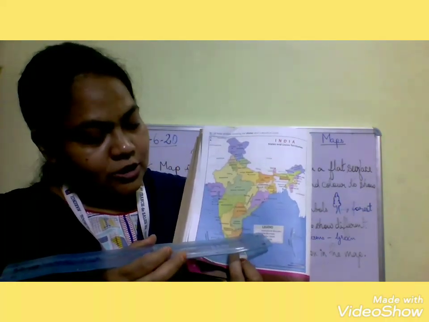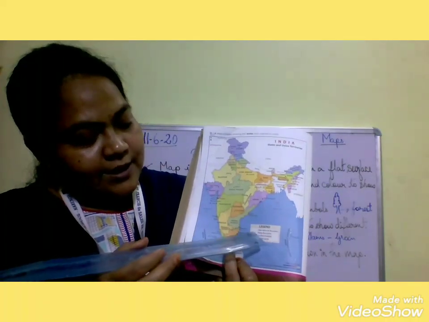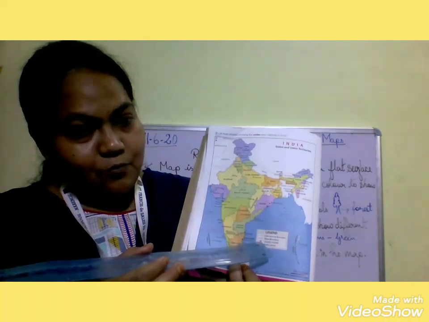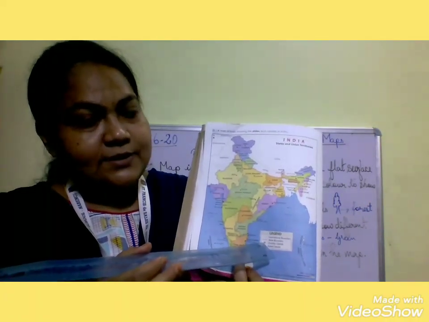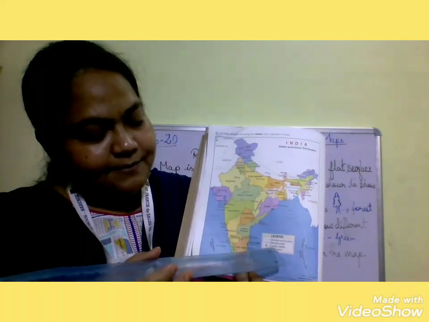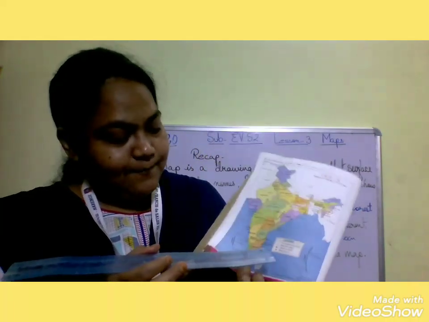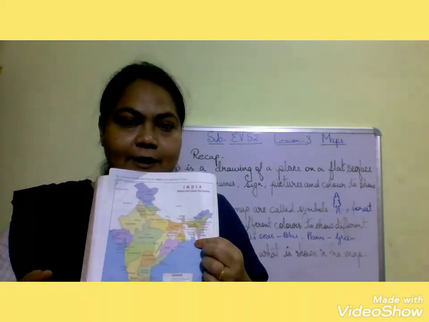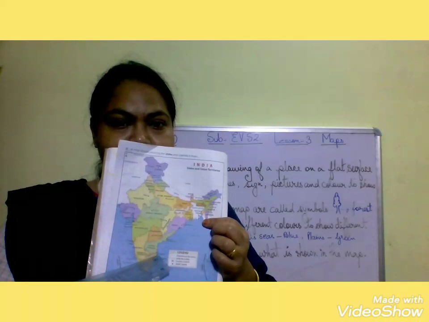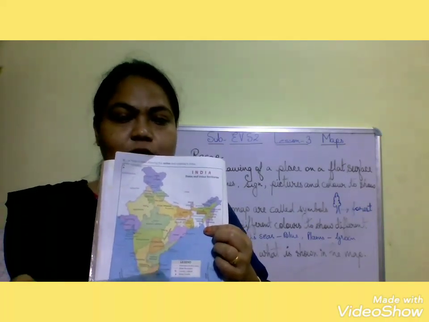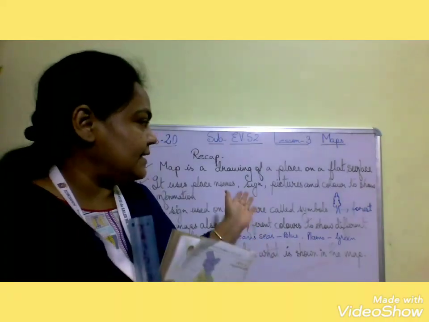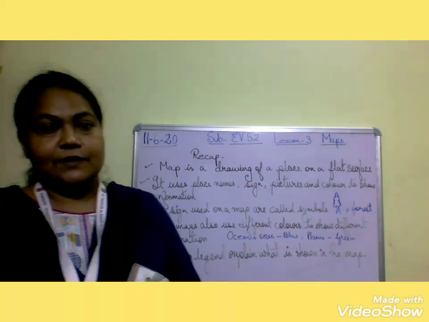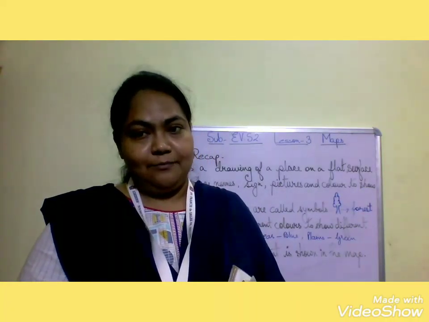Have you seen the dot dot dot? Then again for state boundary, they have given a small dot. Then for country capital they have given a box, and inside the box they have used a red color box. Again for state capital they have given one dot with black color. Okay children, this is the legend and it is very useful, and you have to draw this legend on the map. Now these are the things we have learned in our previous class. And now we are going to start with direction and landmark.